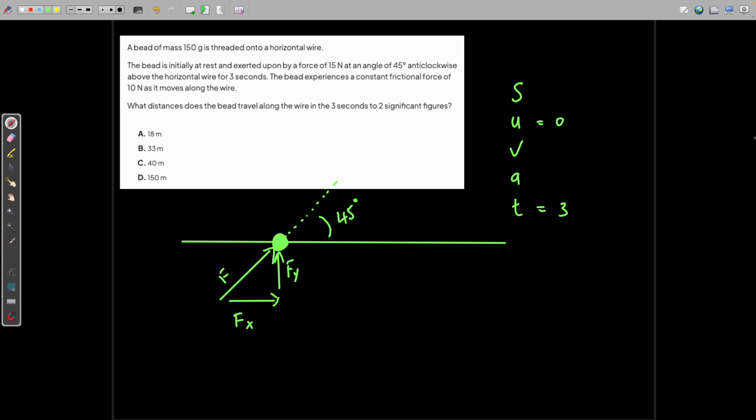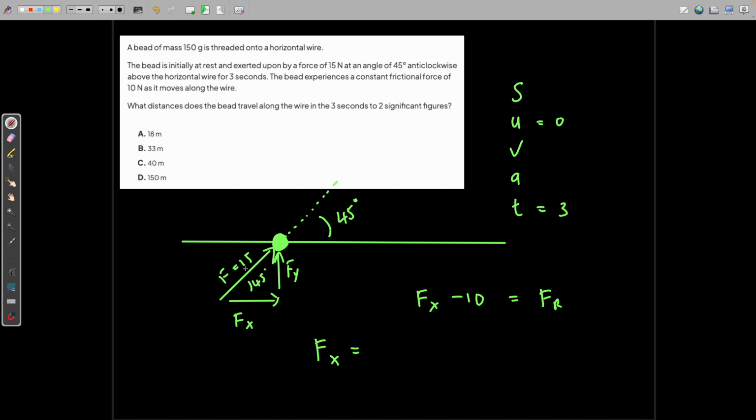So this would be the force in the x direction, but we know that there's a frictional force. So we're trying to find Fx and then subtract the 10. And then that'll give us the resultant force that's going to make this thing accelerate. So just using a bit of trigonometry on this, well, you know the force is 15, the angle is 45 degrees. So Fx,